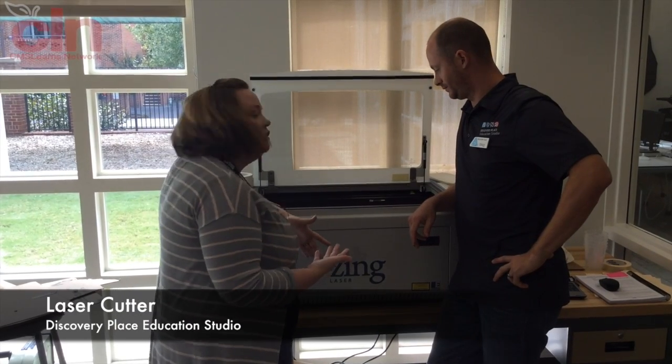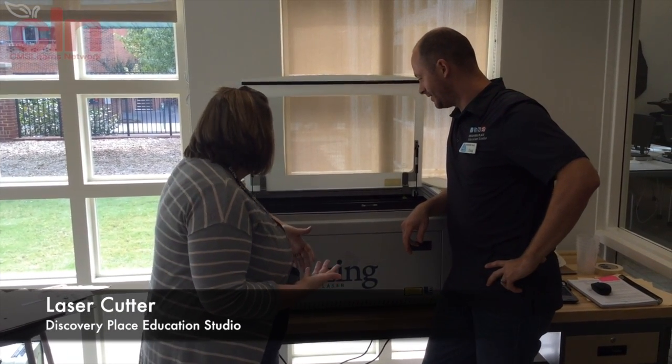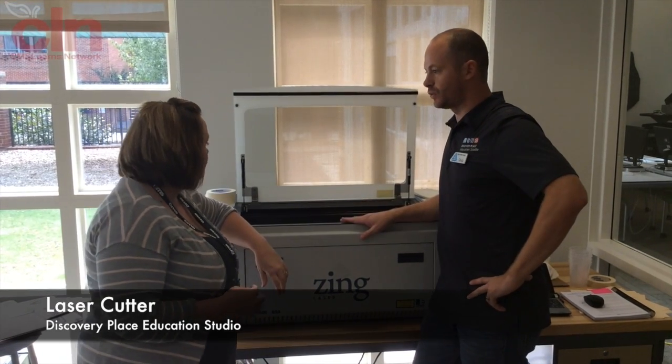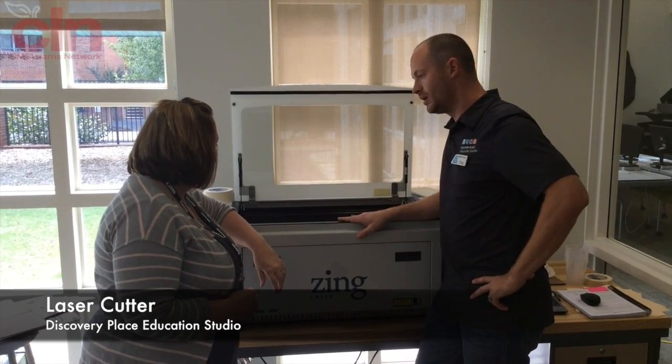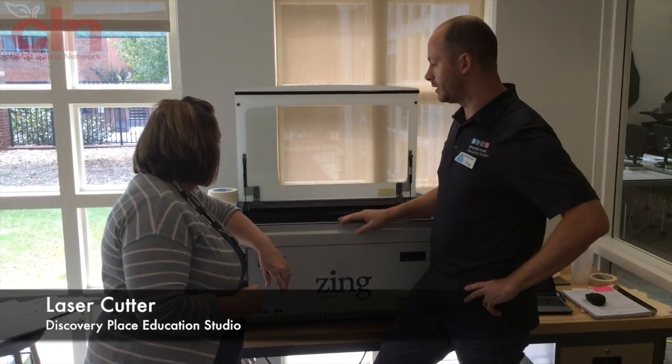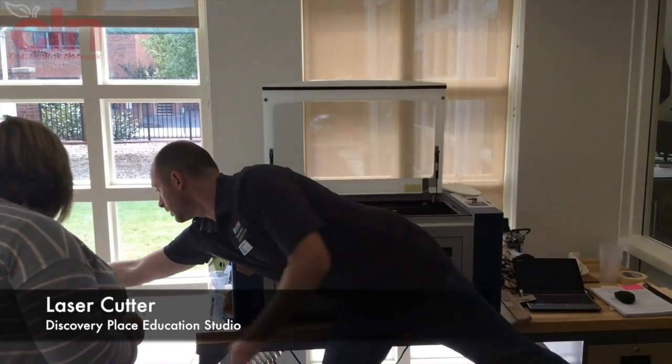Doug, this makes me a little nervous. I don't know what this is. Can you tell us about it? This is actually a laser cutter. This is a pretty expensive piece of equipment, but in terms of modern manufacturing, this is the do-it-all kind of machine. It has the ability, if you'll step back actually one second,